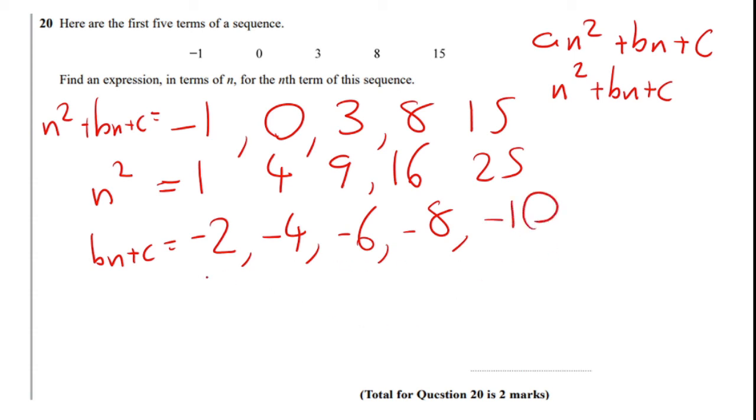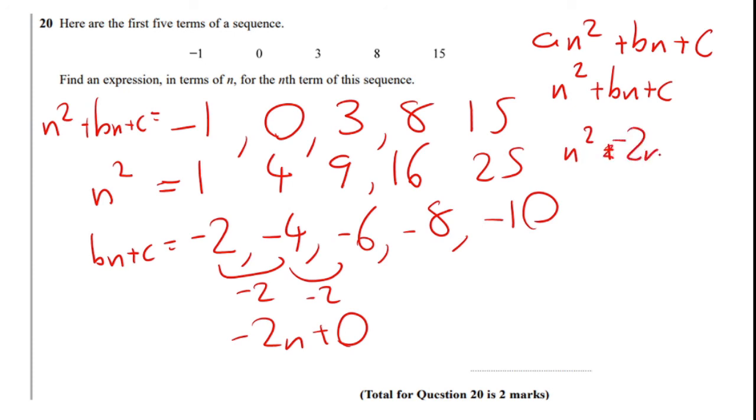Now, if you look at this, you've got a linear sequence. Okay, I've got a difference of -2. So I know this is going to be -2n plus 0. So b must be -2 and c must be 0. So I've got the sequence 1n squared minus 2n plus 0, which is n squared minus 2n. Now, just to tell you, there are other ways to work